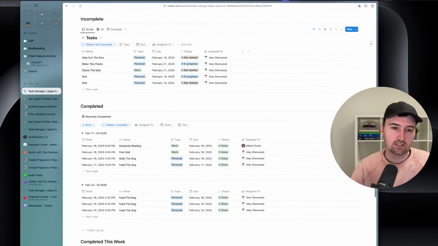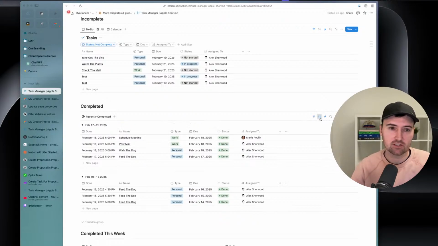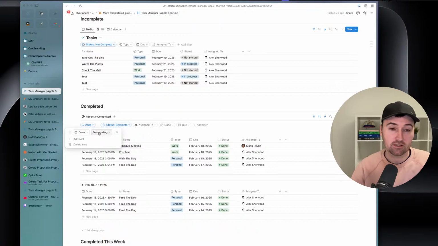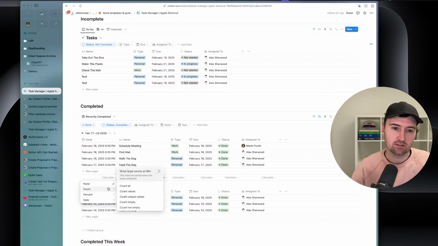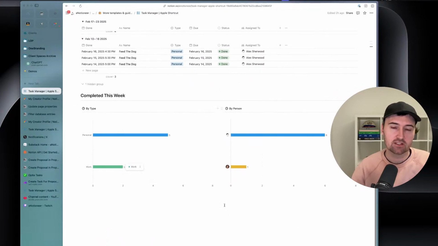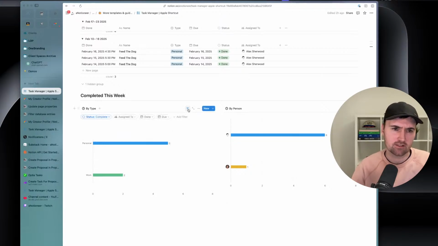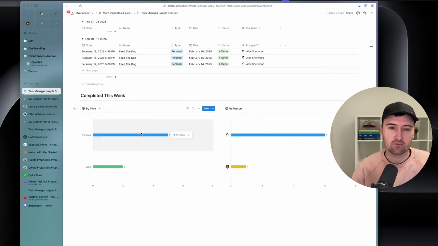We've also got this view here of recently completed tasks, which is sorted by done date and grouped by done date as well. So we can see all of the tasks we completed within each week. So we can count all there to give us a count of those. And if we scroll down to the bottom of the page, we've got the completed this week tasks. I think it's this week. Oh no, this is actually all completed tasks at the moment,